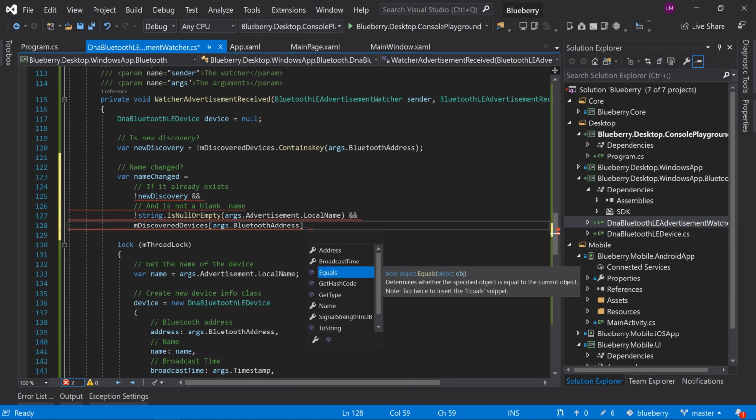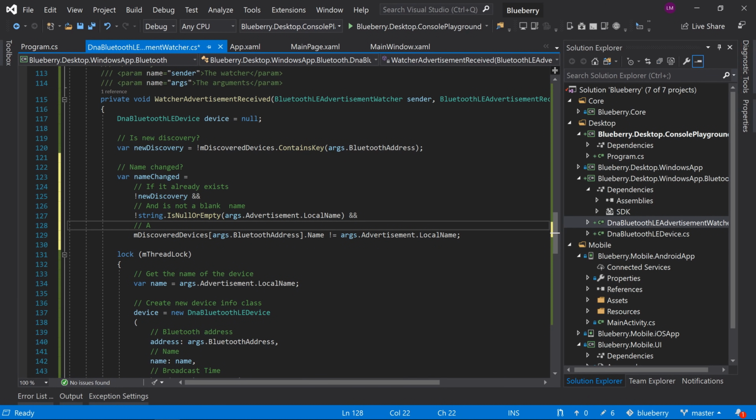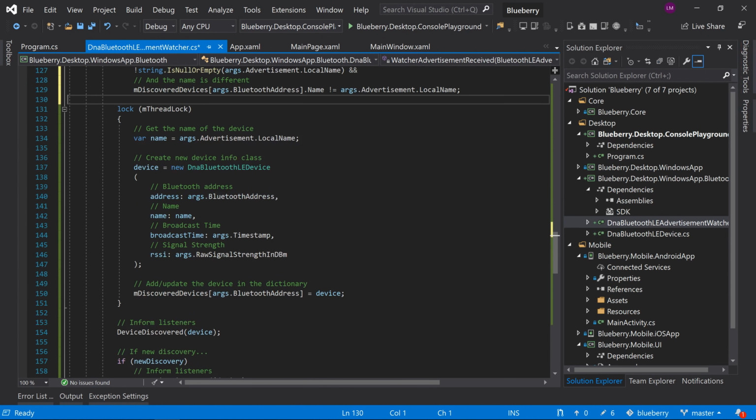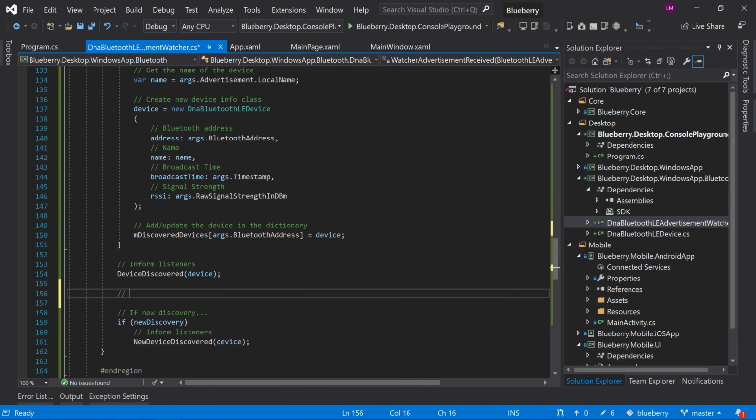So if that specific piece of information .name isn't equal to the name that we currently have, effectively it's changed, that will be it. So, and the name is different. And I don't know whether any of the ones I've got here will fire on that, but we can certainly add it if so. So if name changed,